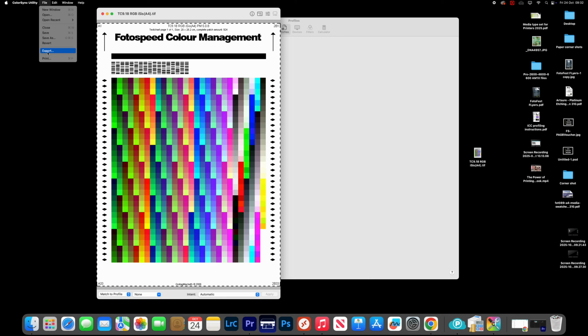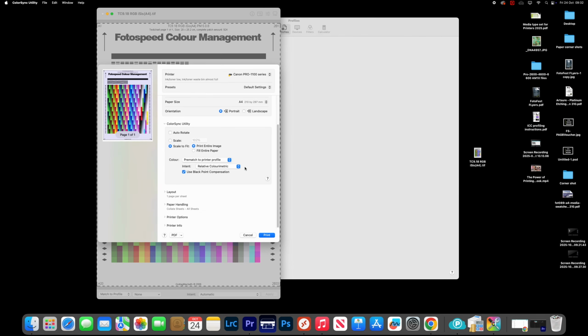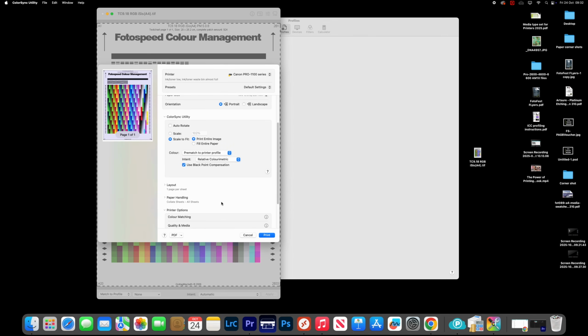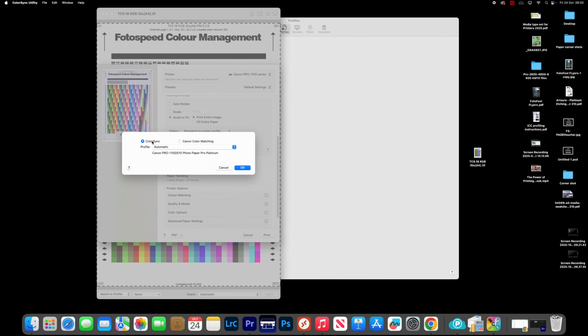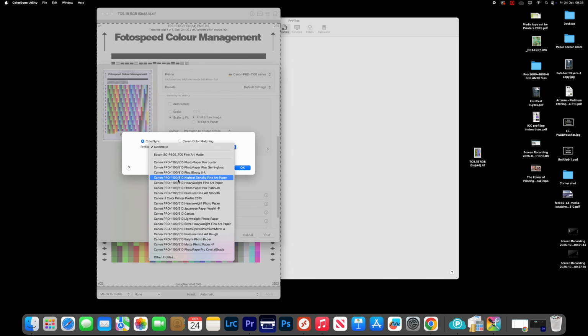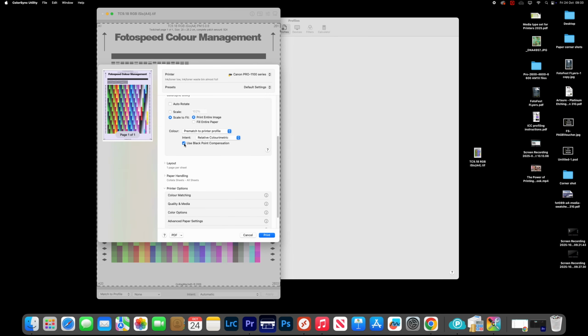Now it may be when we click on where it says print as color target, it may be grayed out. So what we need to do is go down to our print options or print settings and go into color matching and make sure it's on the ColorSync option in here. And you may even need to select a profile at the bottom there just to engage that side of things, that ColorSync. Then the print as color target will be highlighted for you